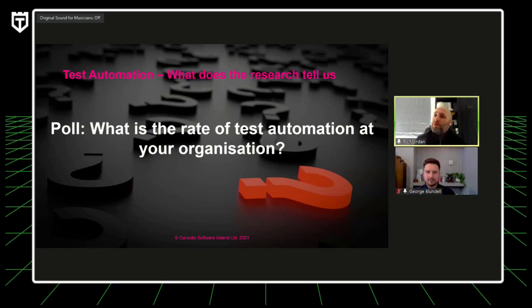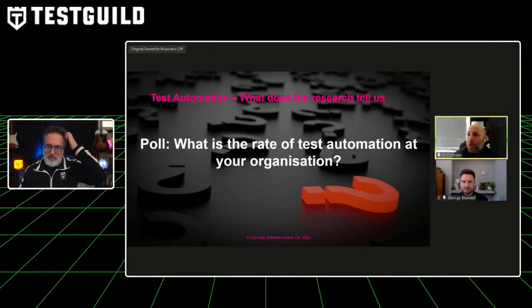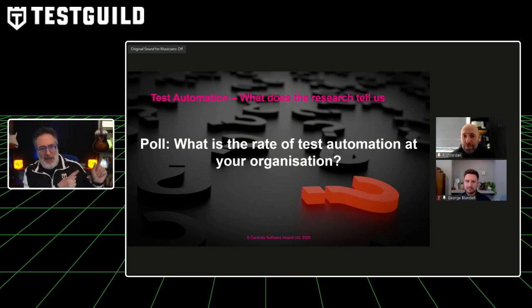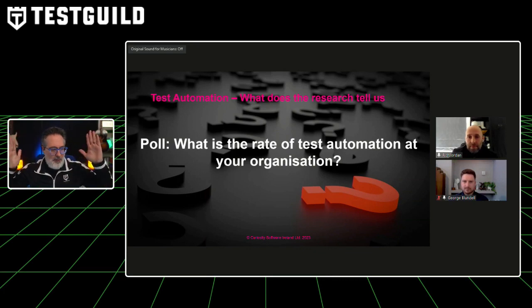And the poll is really trying to gauge the level of automation that the audience we've got today has. So really, this is where I might have to defer to Joe in terms of how it actually works. But the poll question we'd like to ask is, what is the rate of test automation at your organization? Absolutely. And to answer that poll, the poll is now live under the Q&A tab. So all you need to do is go to that Q&A tab. The poll is right there for you. Let us know, what is the rate of test automation at your organization?